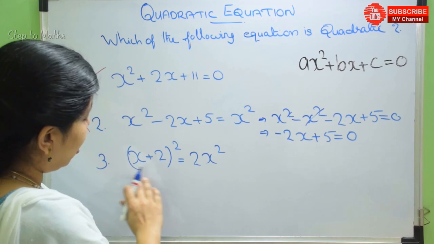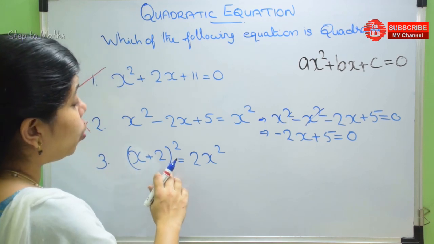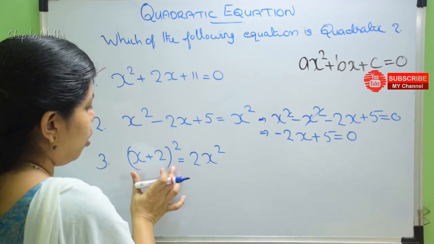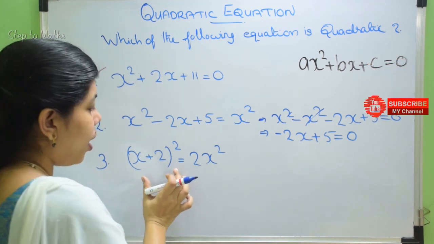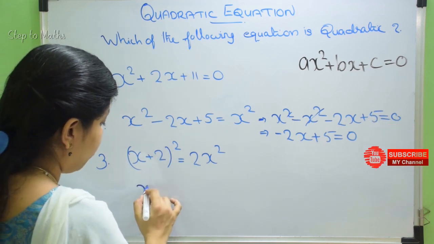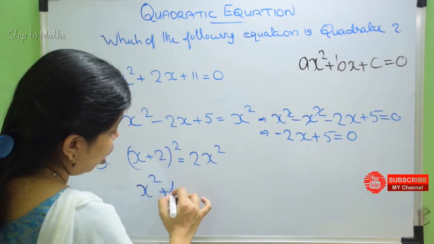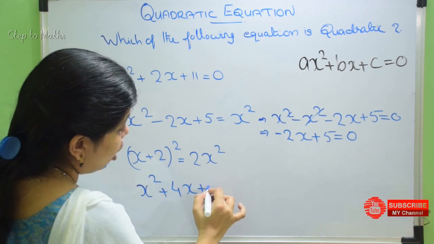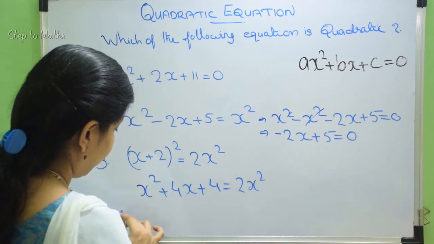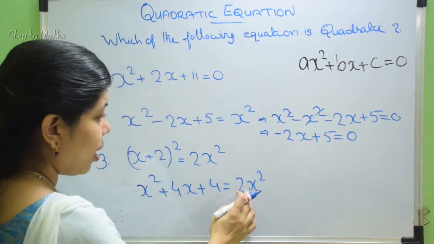Let's check with the third equation. x plus 2 the whole square equal to 2x square. What is the first step? Expand this term, x plus 2 square. It becomes x square plus 4x plus 4 equal to 2x square. Therefore, we can write it as